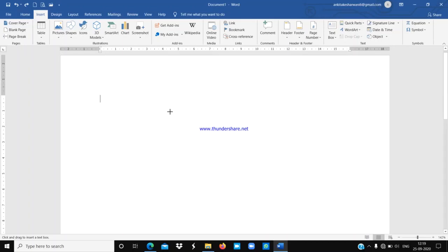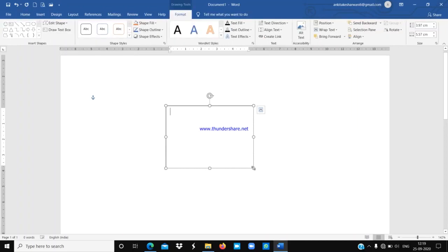Now I am going to create a text box. First you have to click, then drag like that, and you can create your text box. Now you can see my text box has been created.